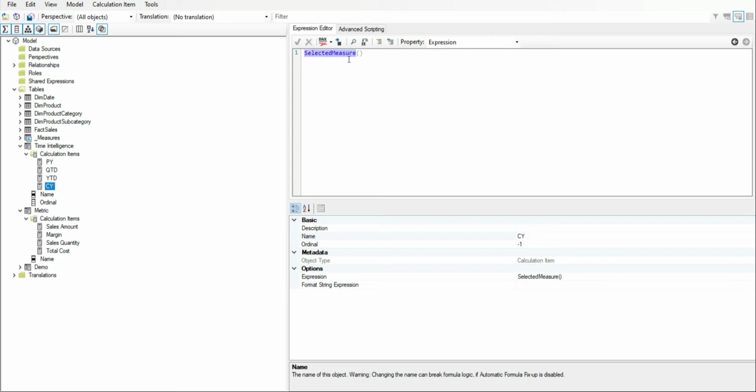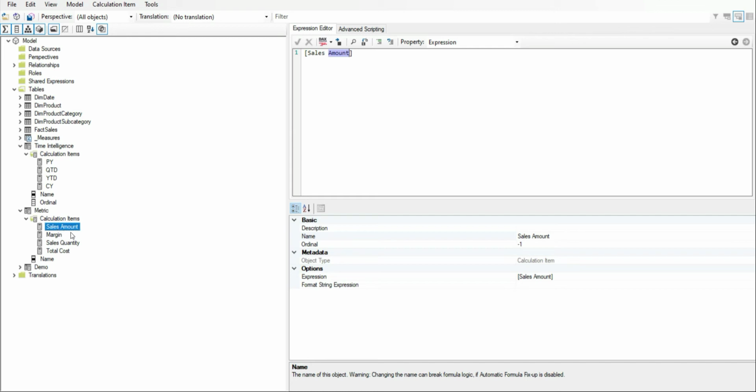Now, if I go to time intelligence, I had used a placeholder selected measure over here. But for metric calculation, because I have to use all these metrics as filters, I do not have to keep any placeholder over here. I have just used the base measure as the DAX expression.